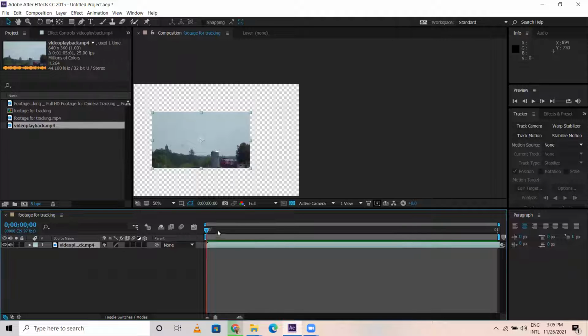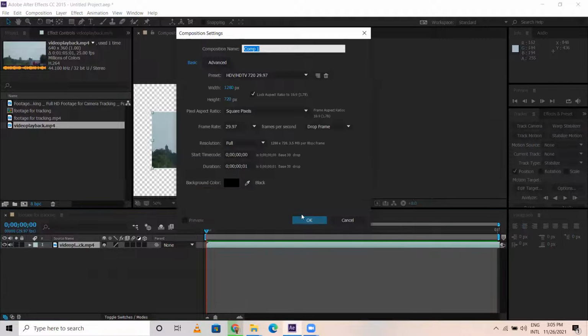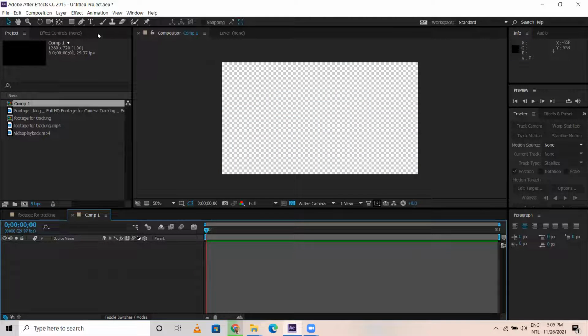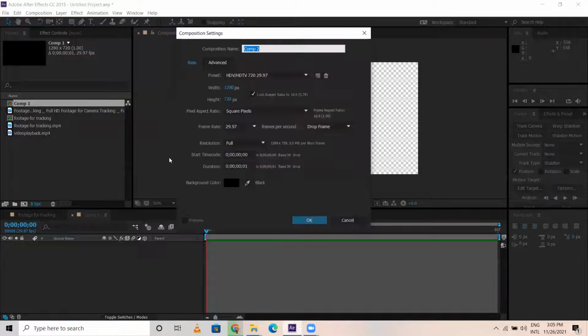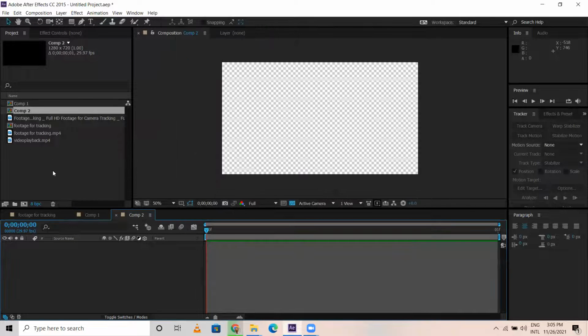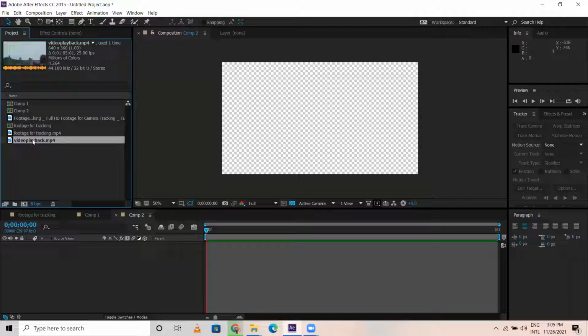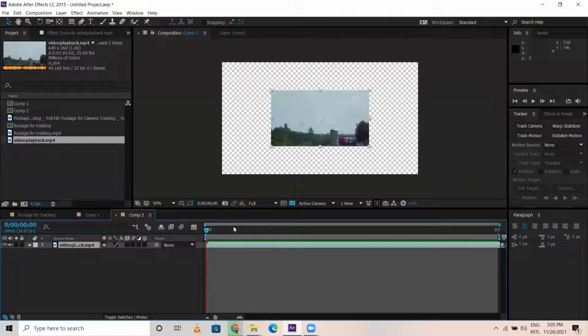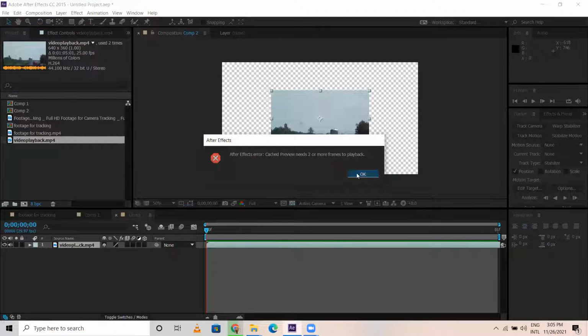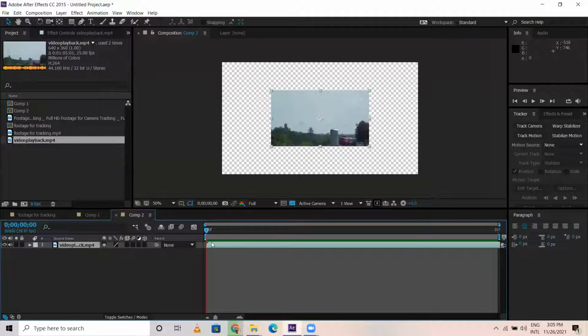I'll go to new file. I'm not picking this, I'll take a new composition. Let me pick this. Cache preview needs 2 or more frames to play.